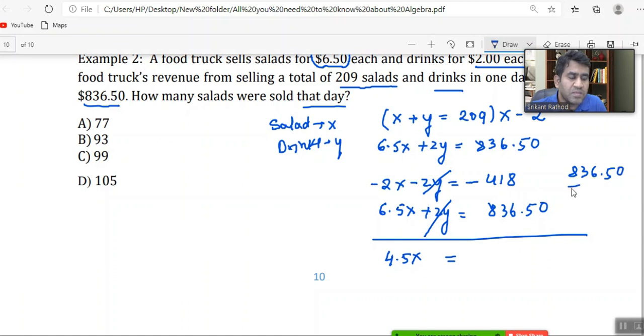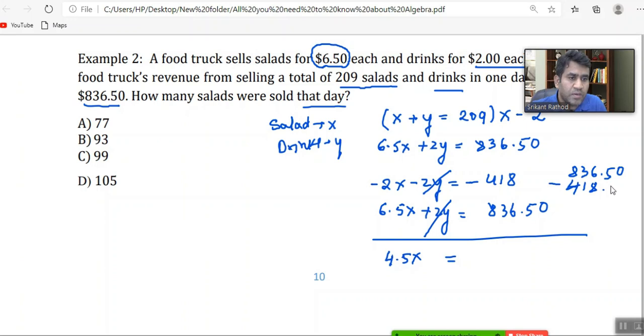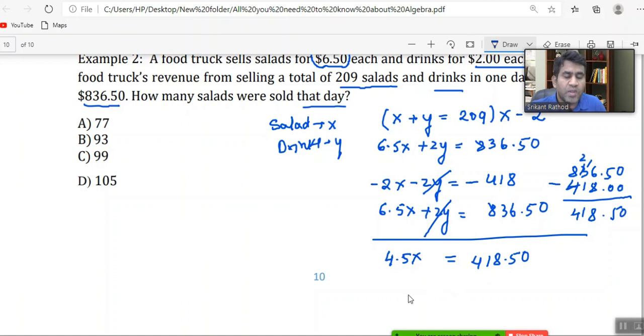836.50 minus 418.00. When subtracting, the 50 stays as it is, 16 minus 8 is going to be 8. I'm taking one carry forward here, okay? Then it becomes 2, 2 minus 1 is going to be 1, and 8 minus 4 is going to be 4. So we are getting 418.50. To get the value of x, x will be written as